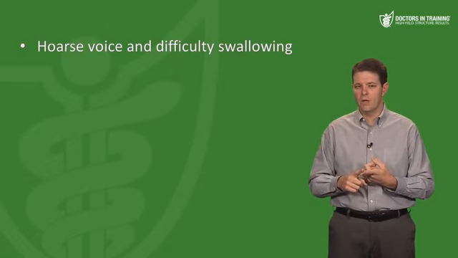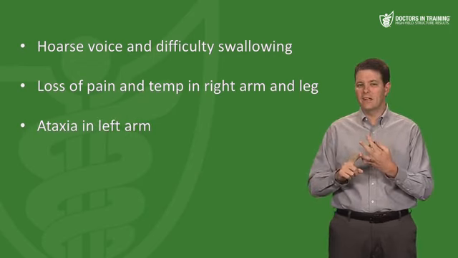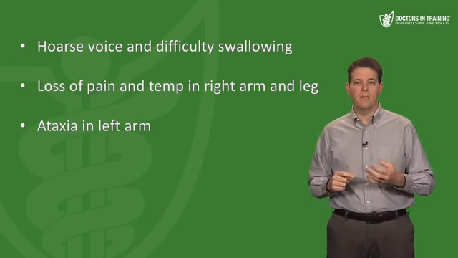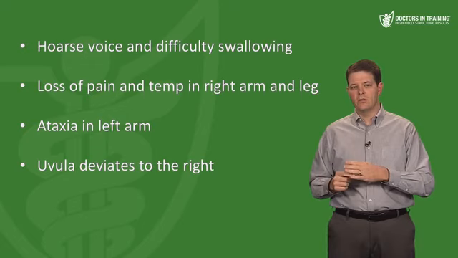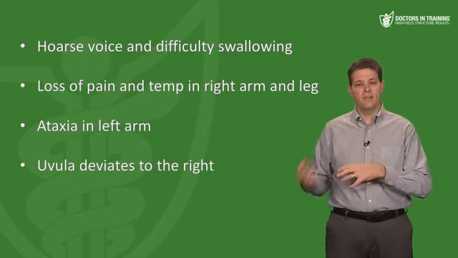So imagine that a patient shows up in the emergency department with acute onset of hoarse voice and difficulty swallowing, loss of pain and temperature sensation in the right arm and leg, and ataxia in the left arm. And then on physical exam, the uvula deviates to the right. So where's the lesion? Well, first of all, this patient has some symptoms on one side and other symptoms on